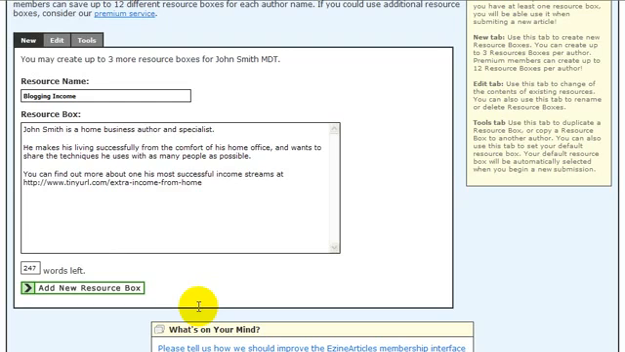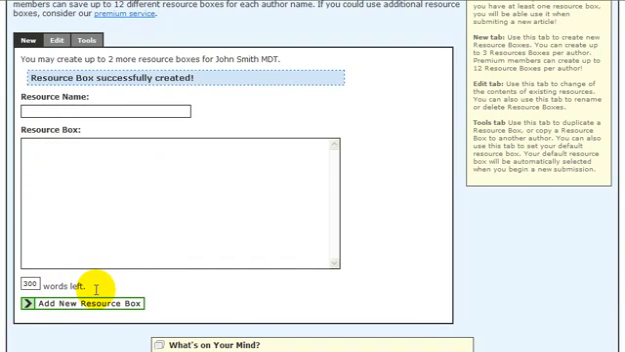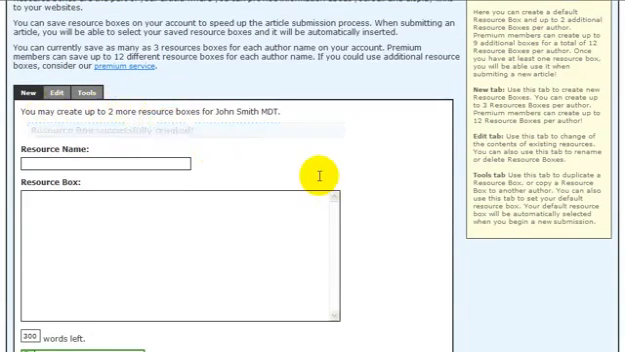Okay, that is your resource box, and all you do now is click on Add New Resource Box. Resource box successfully created, and of course you can create up to 2